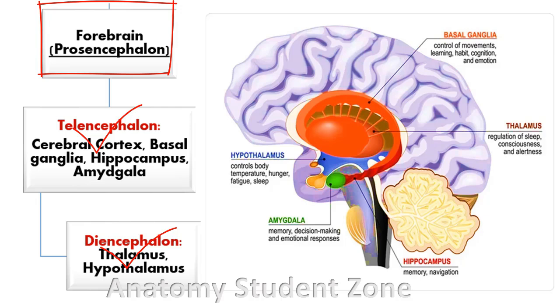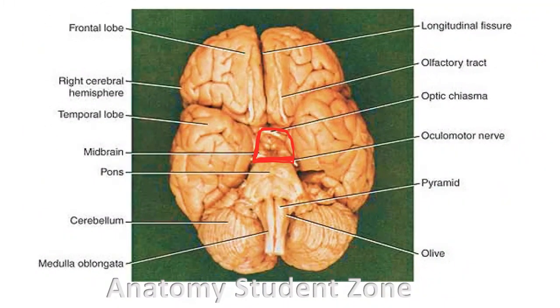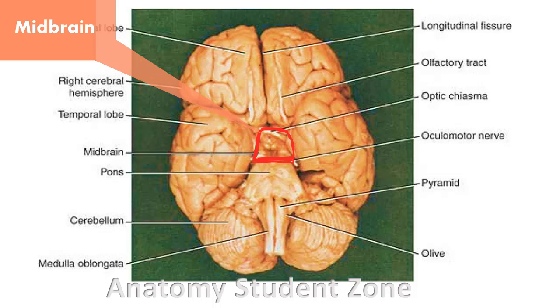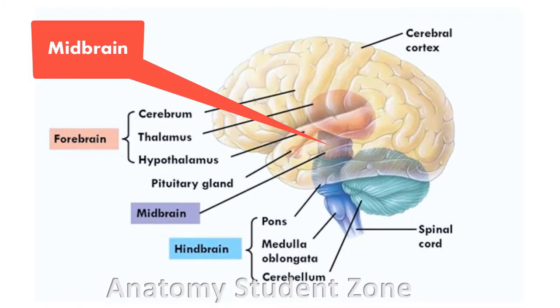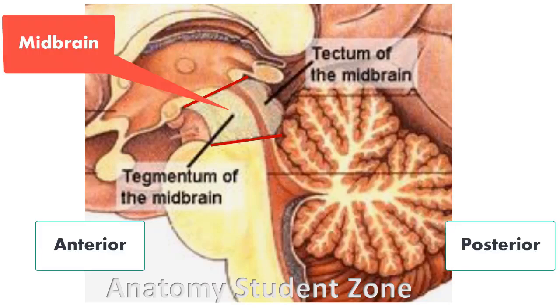After having the orientation of the forebrain, now I will briefly describe the midbrain, as pointed here in red color. This is also named the mesencephalon, and we had seen that this primary vesicle remains as such. It does not divide into secondary vesicles like the forebrain and hindbrain. So this is a 3D image that shows the midbrain. In this sagittal section of the brain, hope you can identify the anterior and posterior view of this image. The central part shown with the red line above and below is the midbrain that you can see here.